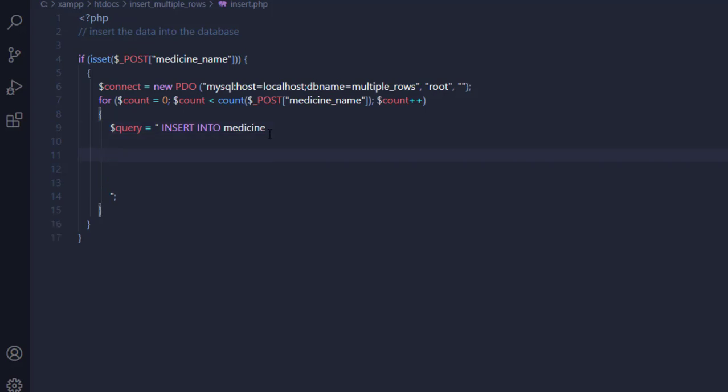So here we again have a set of brackets, so that now we have the data that we are inserting in the database. So medicine name and medicine type, and we should now have the values as